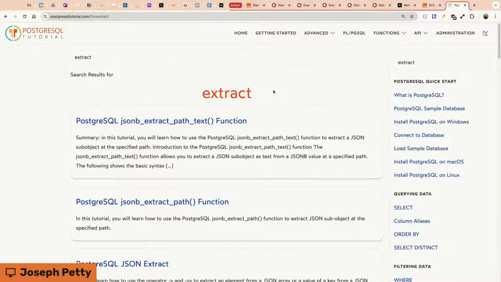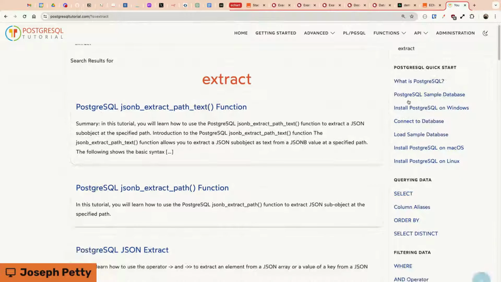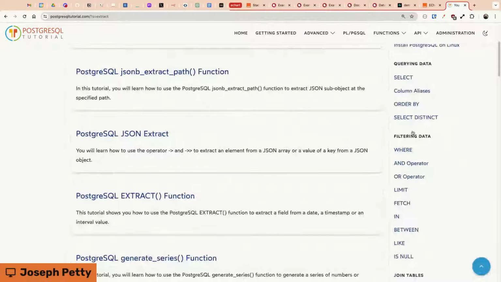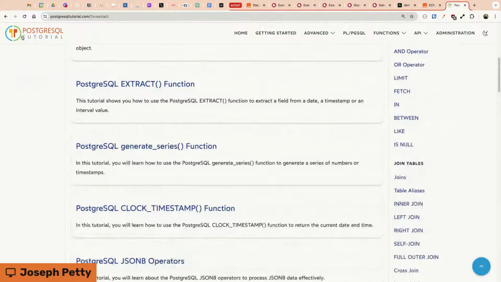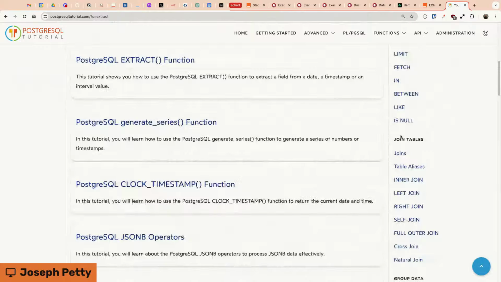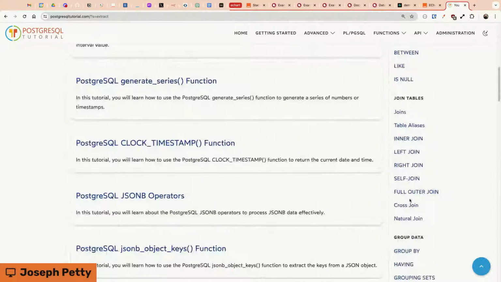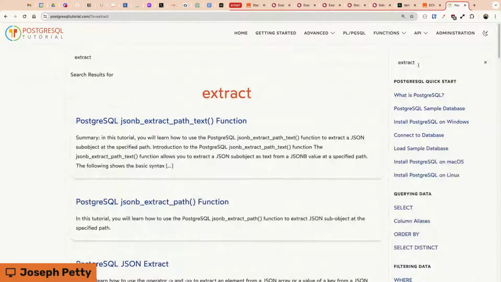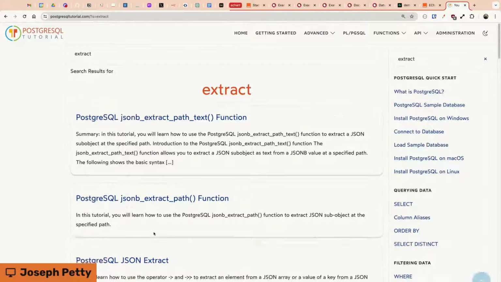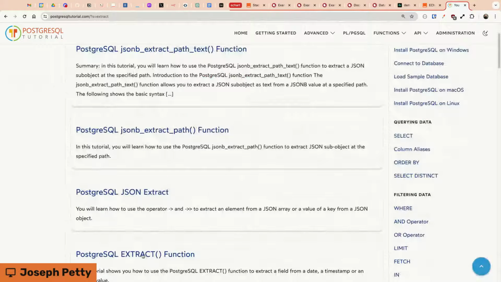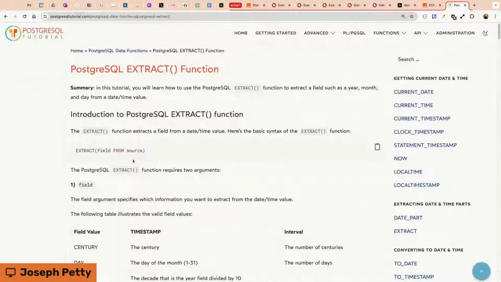And the function that I was looking for, it's extract, and I did not see it in the sidebar here. Most things on Postgres tutorials you'll see it right here on the side, and you can quickly find whatever you're looking for. The thing we need to use is extract, and I didn't see it there, but if you search up here in the top right, do a search, and it's like the fourth thing here. We're looking for this Postgres extract function. So what this will do,